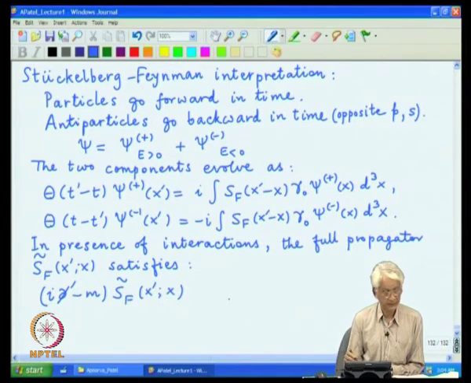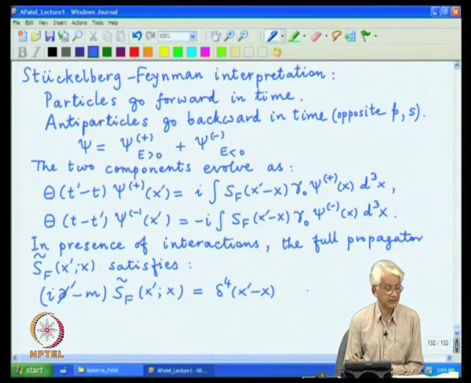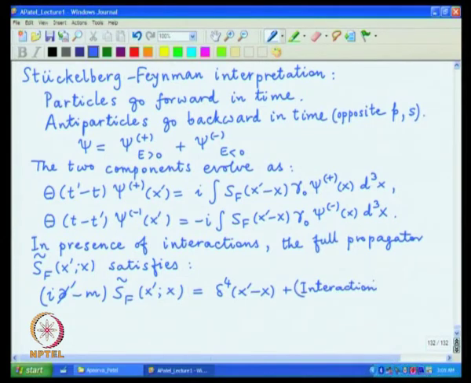The Hamiltonian with interaction, I am going to write it on the other side of the equation, and this can be written as the delta function plus the extra term, which is, I will just write it schematically, interaction, because this equation is written in the Lagrangian formulation and not the Hamiltonian formulation, acting on this S_F tilde, which was on the left side, but now you moved it to the right side, and this is a generic structure,